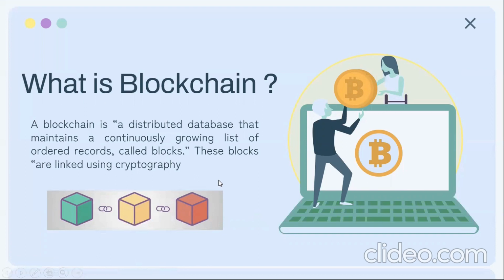Now let us take a look at a block. A block holds data. What type of data it holds depends upon the blockchain. The second element is the hash value. Hash value is simply a code which uniquely identifies this block. And the third element is the hash value of the previous block. Now it is this element which enables the blocks to form the chain-like structure. So to summarize, blockchain is a collection of records chained together, highly resistant to alteration, and secured by encryption